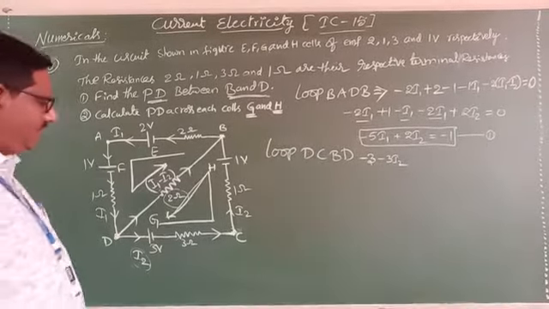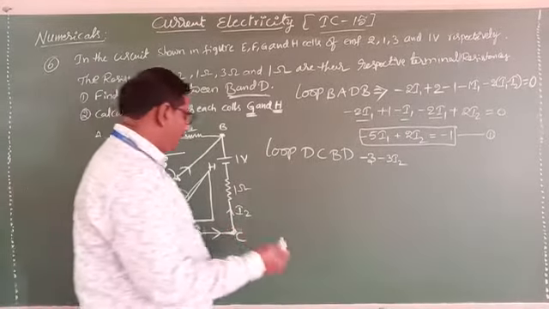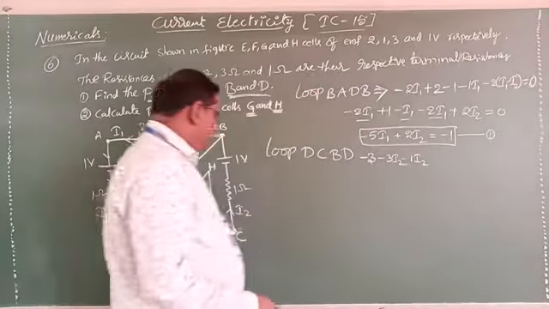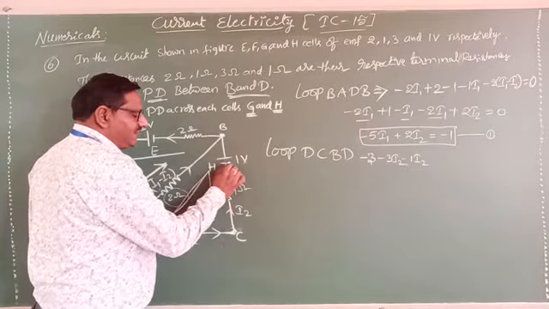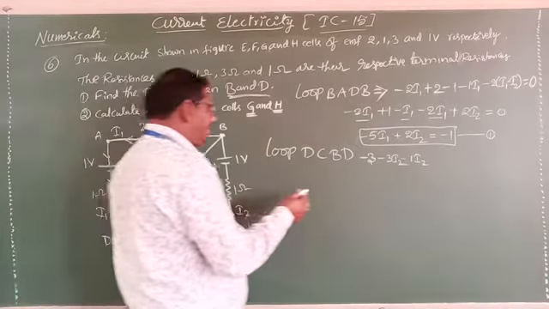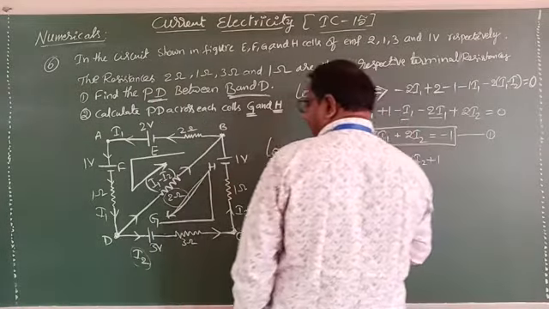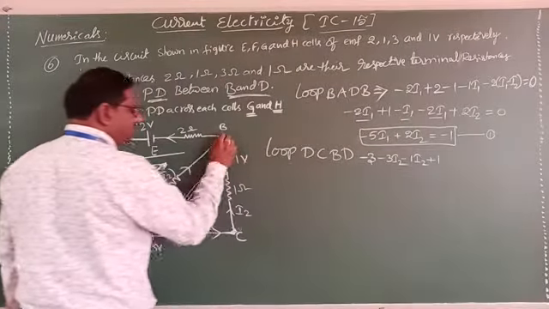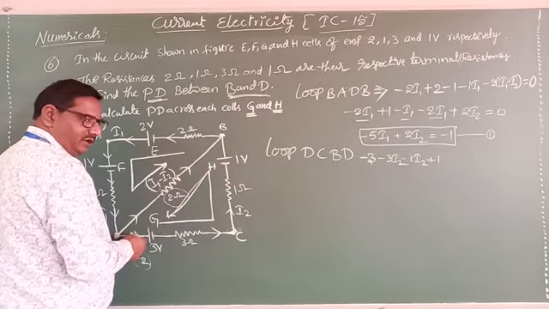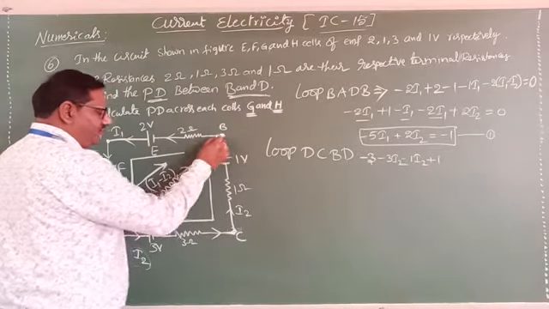Now from C point, the current is I2, and along the resistor it will pass. So what can you write? Minus 1 into I2. Now where you touch, we will touch the first negative terminal of the cell. So according to sign convention, what can we write? Plus 1 volt. Then we will reach the B point. Is it closed? No. We must reach the D point. Then only it will be said as a closed loop. Yes or no? Then we will move from B to D.